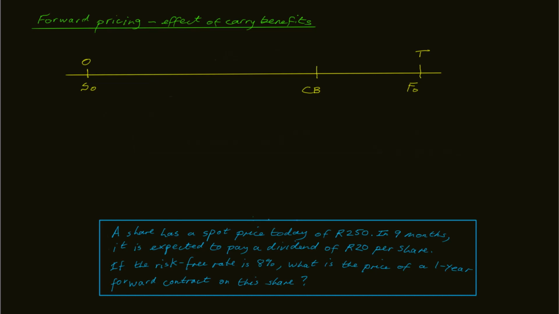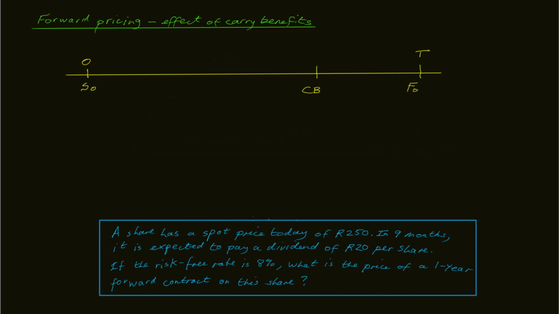It is often the case that the underlying, which is the subject of the forward contract, particularly if it is a financial asset such as a share or a bond, has an income stream associated with it. For example, a share pays dividends and a bond, of course, pays coupons. If these so-called carry benefits, the dividend or the coupon or any other income stream associated with the underlying, are not taken into account, the principle of no arbitrage pricing will break down. To avoid arbitrage opportunities, the carry benefits have to reduce the forward price.